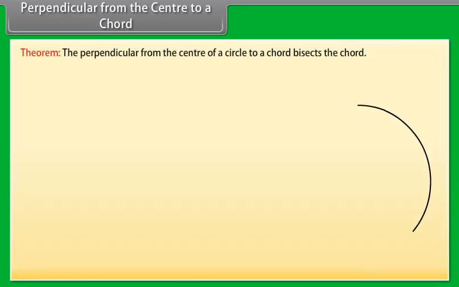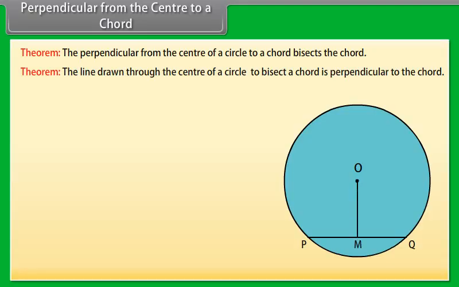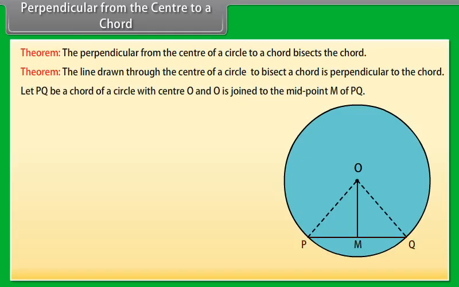Perpendicular from the center to a chord. The next theorem says that the perpendicular from the center of a circle to a chord bisects the chord. Its converse is: the line drawn through the center of a circle to bisect a chord is perpendicular to the chord. Let's prove it. Let PQ be a chord of a circle with center O, and O is joined to